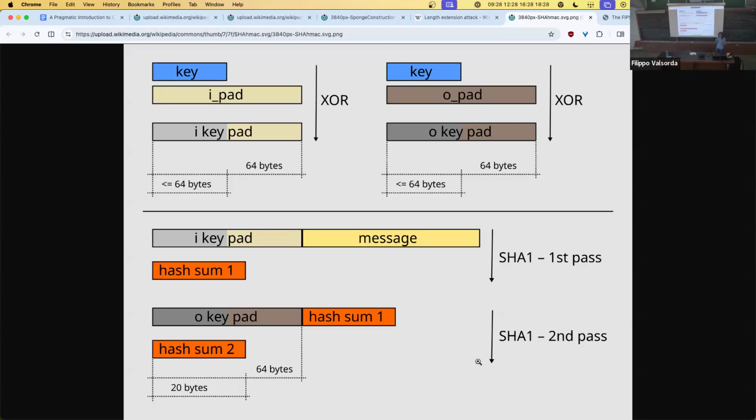MACs are not even supposed to be indistinguishable from random. The only thing that a MAC has to do is that Giovanni can't figure out a new MAC for a different message. That's the only property of MACs, because that's what we're using it for. Remember the USB drive that Giovanni is carrying. So the only property of MACs is Giovanni cannot come up with a new tuple of message and MAC, which is not the one I showed them and that you will accept. That is the only property of MACs. They can start with 0000 and then have more stuff, and that would be valid.